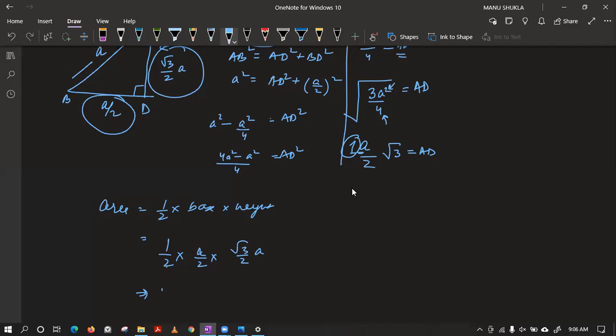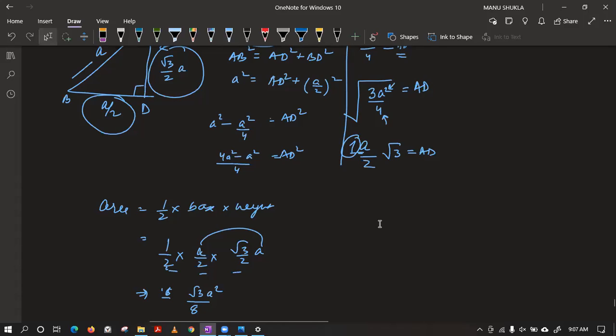So we have got 2 once again. Yes. So this is half. 2 into 2 into 2 is 8. Then a into a is a square. So we have got root 3 upon 8 a square. So class, is this correct? Or we have to do one more thing in this? We have got the area of triangle ABD as root 3 upon 8 a square. But I gave you the formula root 3 by 4 a square. What is the issue? Please tell why it is coming wrong.